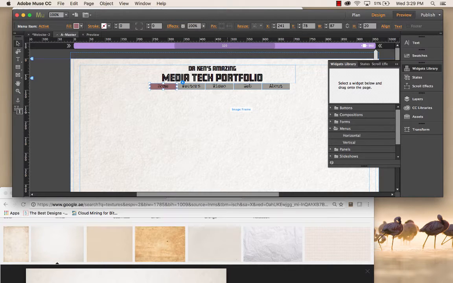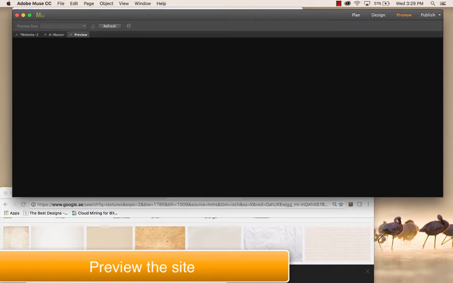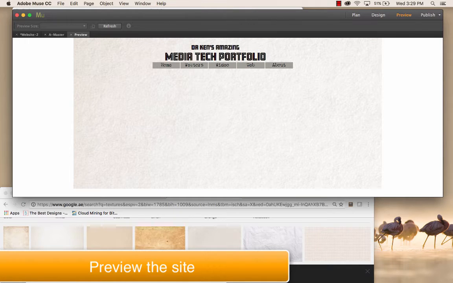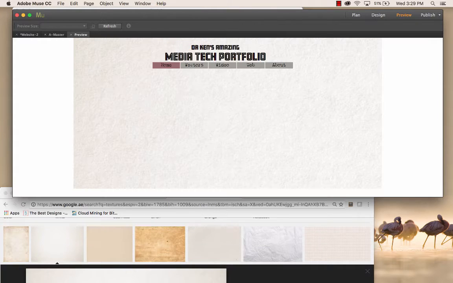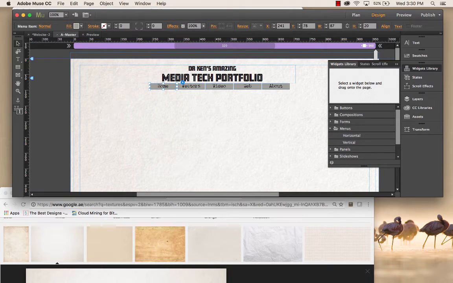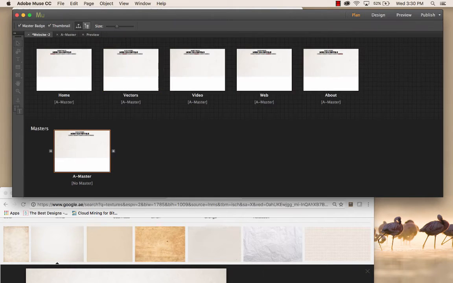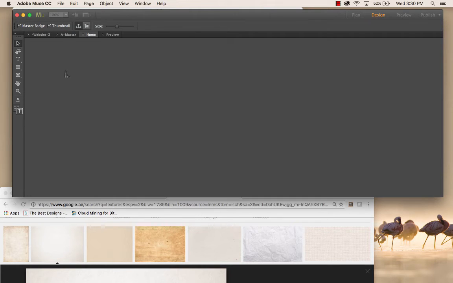So let's just have a quick look at that in the preview. So in preview, I can now go to the home page, and the home page will be lit, or the video page, and the video page will be highlighted. There's nothing on any of these pages yet except what's on the master page, but we'll do something about that now. So back to the website, and I'm going into my home page,